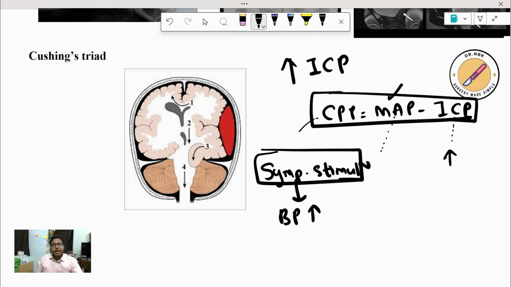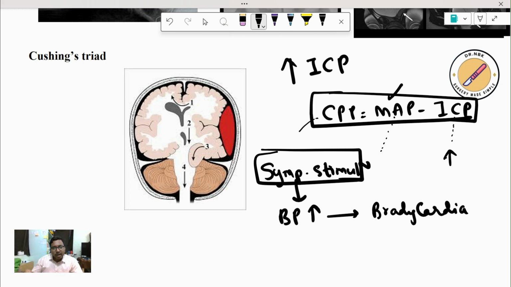Okay, but because there is an increased BP, there will be the aortic arch. You know that there is the aortic body. So as a response to your raised BP, it will take a feedback mechanism. So in an attempt to reduce that blood pressure, there will be bradycardia usually. But this Cushing's triad or Cushing's reflex is something that will happen in a stage-wise manner. So initially there will be raised BP, then to compensate it there will be bradycardia. But once there is